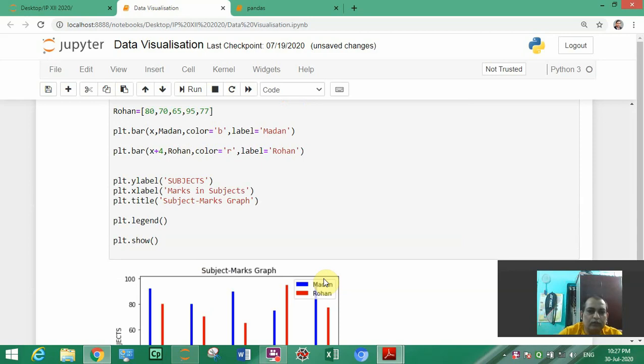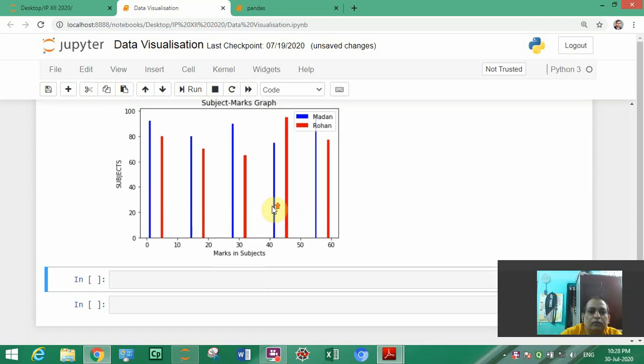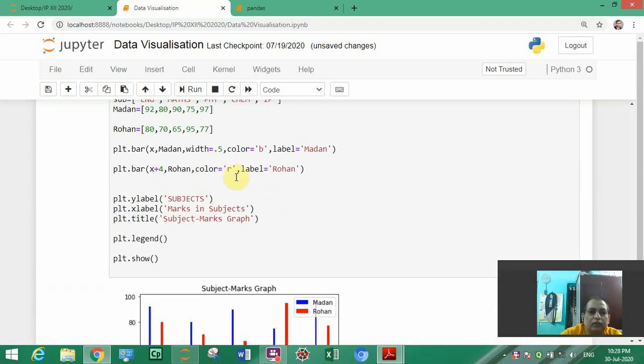So in this way we can give multiple bars in a single chart. You can also write width equal to 0.5. So what will it give? It is giving the width.